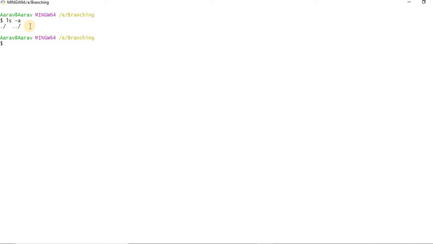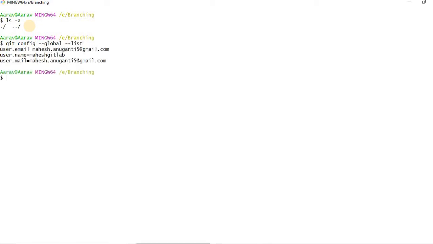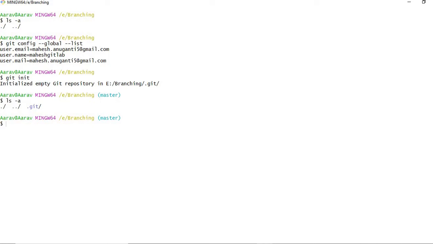One more thing you have to check is git config --global --list. These are already there because I have done it before. Now we'll do git init. I have done the git initialization. Now with ls -a, I got the .git folder properly.